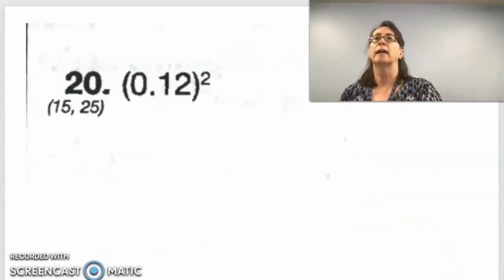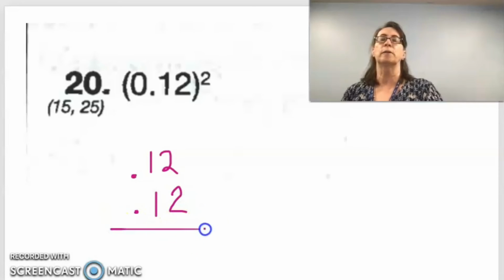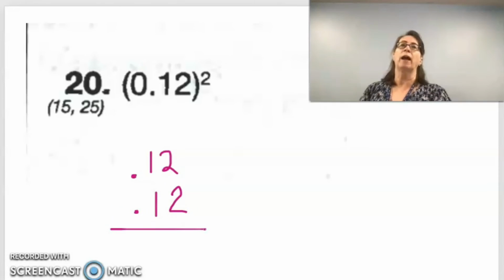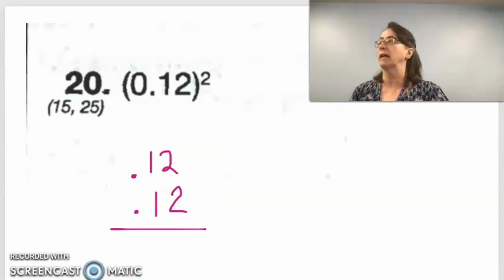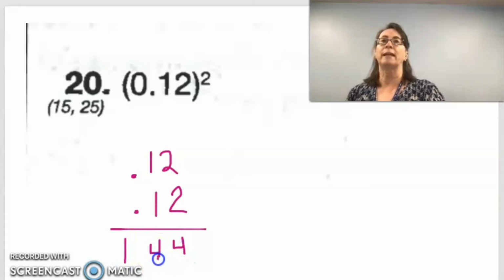Does everybody understand why it's 1.08, not 1.8, right? Okay. Number 20 is 0.12 squared. 0.12 times 0.12. Now remember, some of you are getting confused with your multiplication, and you're trying to carry the decimal down like you do in addition or subtraction. That's more than one of you that are making that mistake. So in multiplication, we just multiply 12 by 12, which is 144, and then we start at the end